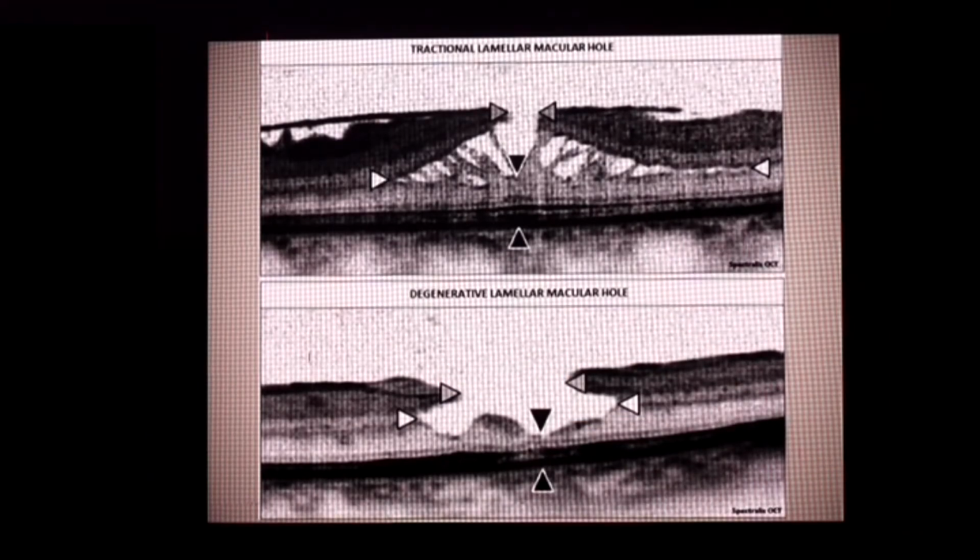So they said there are two types of lamellar macular hole. They proposed a classification based on the tractional appearance and the cavitated appearance. The tractional appearance consists of multiple narrow hyperreflective tissue bridges crossing wider hyporeflective spaces located between the outer plexiform layer and the outer nuclear layer, like you see in the slide at the top of the picture here. And the cavitated appearance: presence of a homogeneous round-edged hyporeflective space in the neurosensory retina.